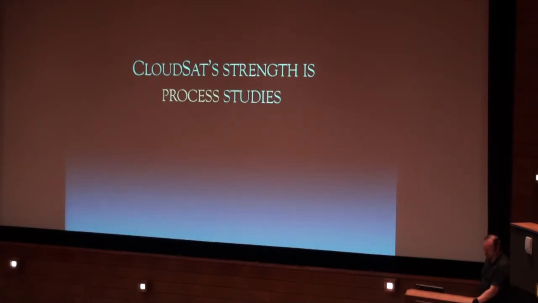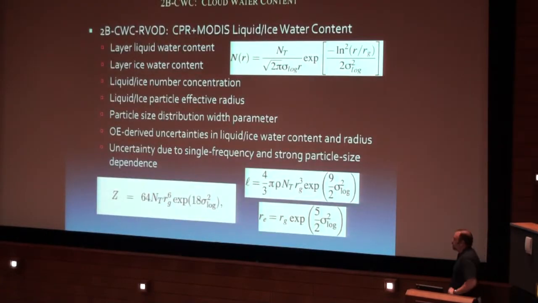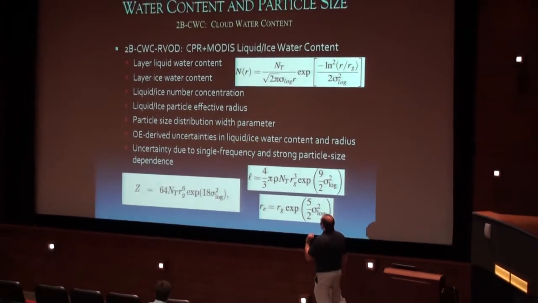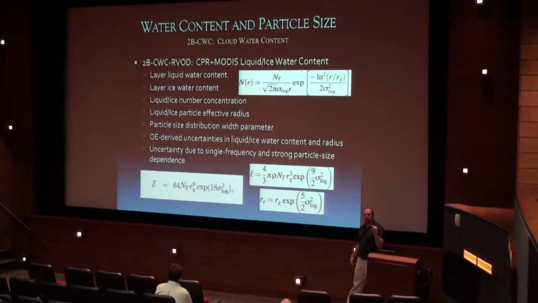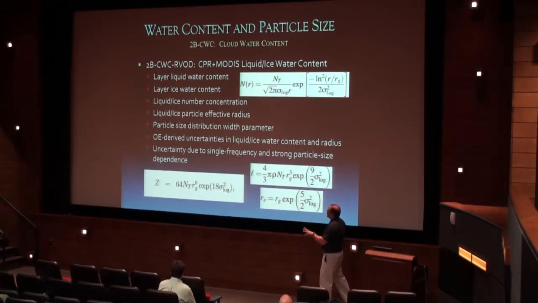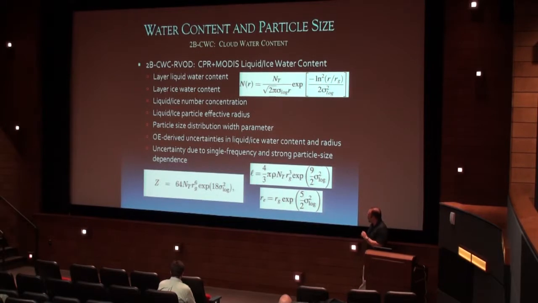I think we can learn a lot from CloudSat, but it's not going to be in terms of a long-term data record. I will bring up one exception to that, which comes back a little bit to what Mark was mentioning about our sensitivity to precipitation. We have done a little bit on the climate model evaluation side, which is valuable. But I don't want to spend a lot of time talking about algorithms,